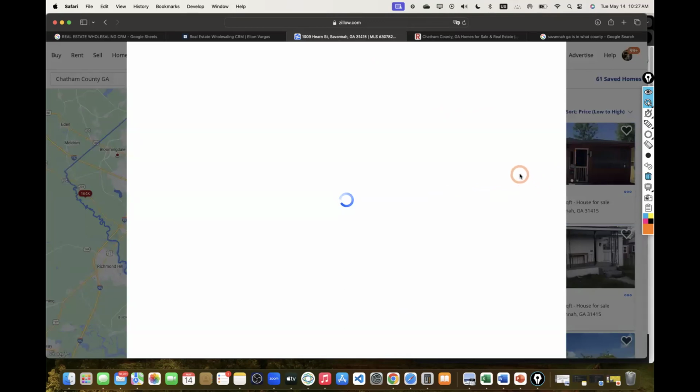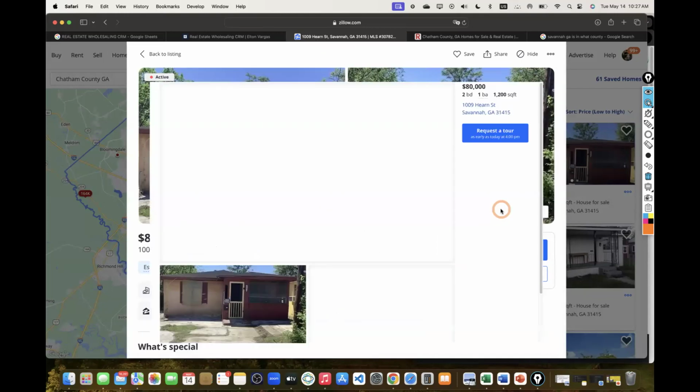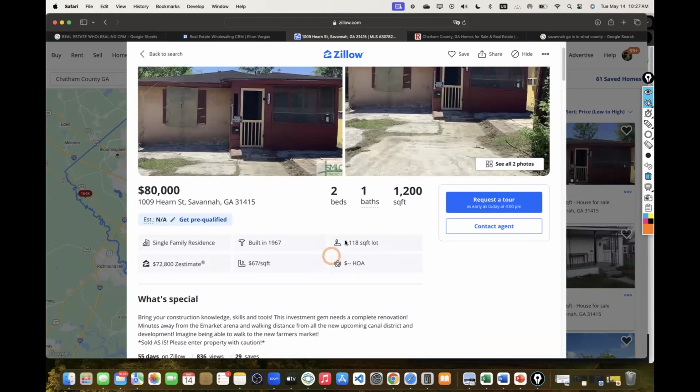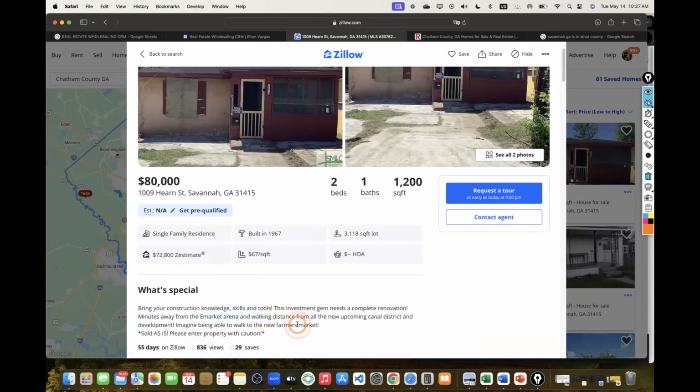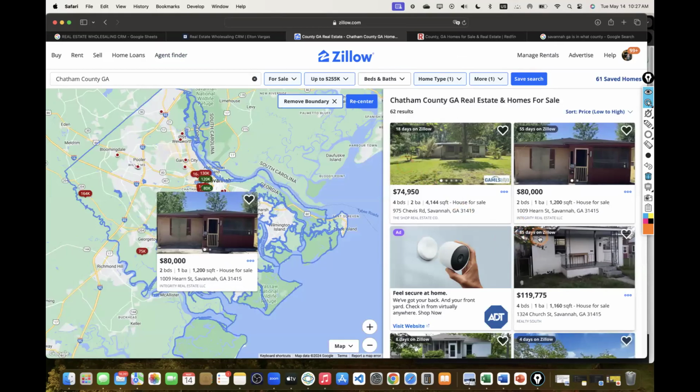Let's analyze this one. This is definitely going to be a fix and flip property. And the only thing so far is there are not a lot of pictures, so I don't know what's actually happening with the inside. Sometimes you can read what the agent wrote, but I want to see what the pictures are, because I want to give you an example: when you come across properties that don't have any pictures at all, you definitely have to reach out to the agent, or you need to send somebody to inspect the property or check it out for you.